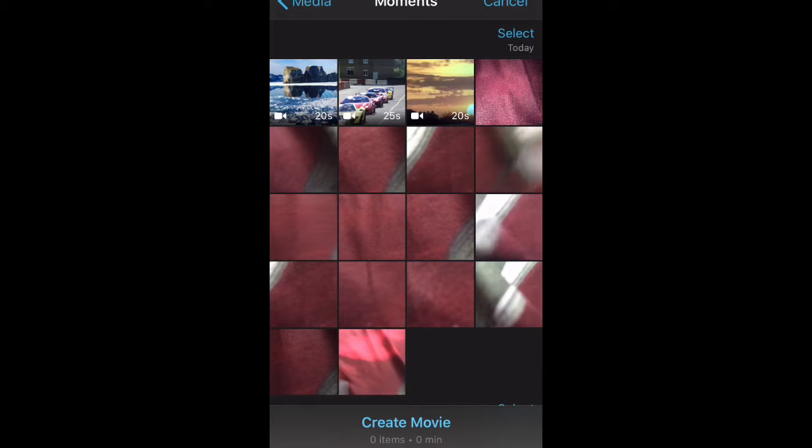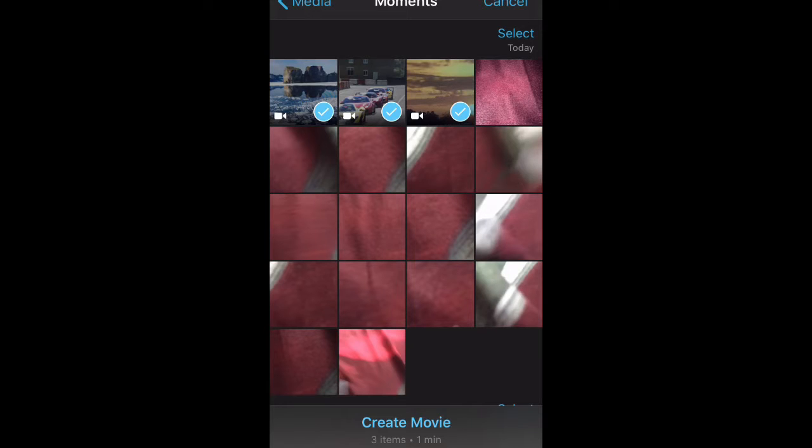phone. If you have not provided the access for the application, then it will not open up the videos that you have recorded. For making this video I have 3 clips recorded with the camera of my cell phone. You can see at the top left corner 3 videos of 20 seconds, 25 seconds and 20 seconds that I have recorded using the camera of my phone. You can create any kind of videos that you want. These videos are taken just as an example. So I'll select all these 3 videos